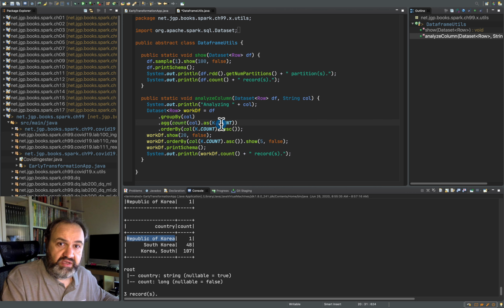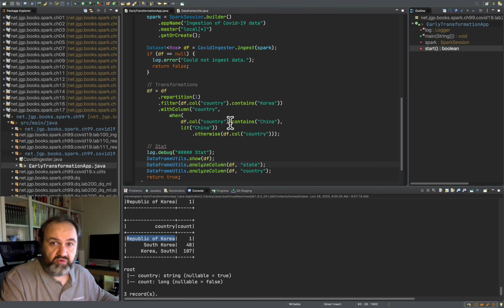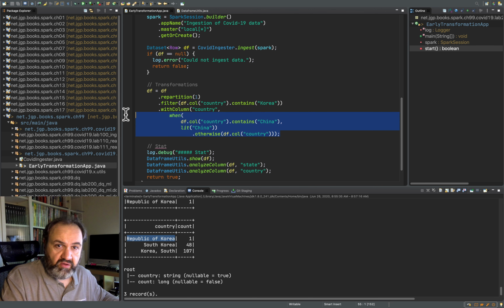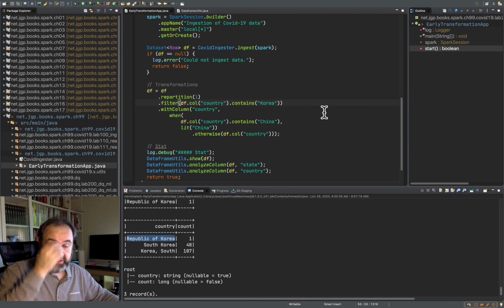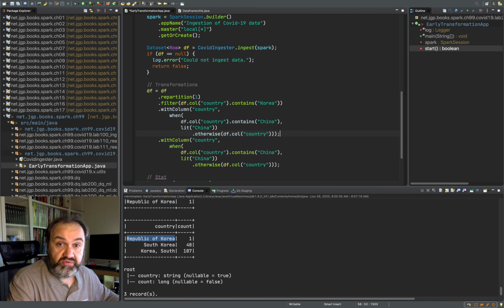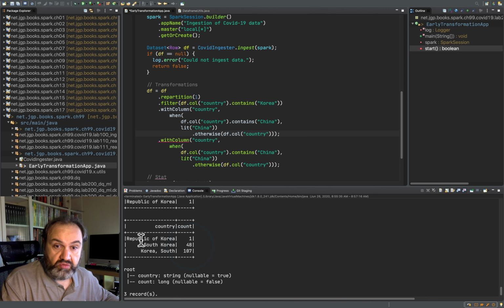So what I'm doing here is I'm going to go back to my code, and as a similar thing as I was doing here, I'm going to do the same thing with Korea. I don't want to do just if it contains Korea, because we might get some data from North Korea at some point. So let's just be very rigorous here and standardize on South Korea, which seems to be the most popular norm.